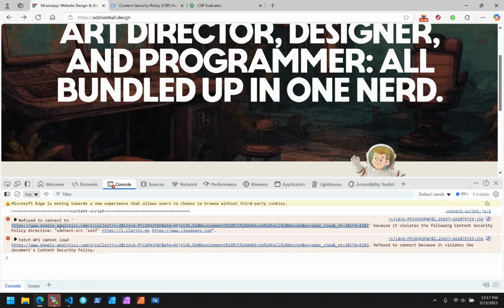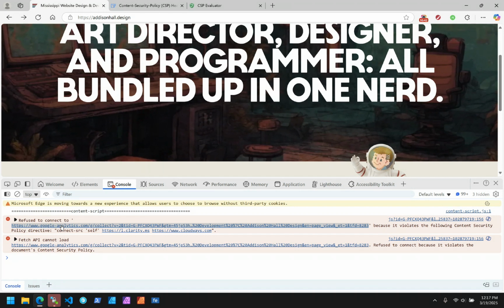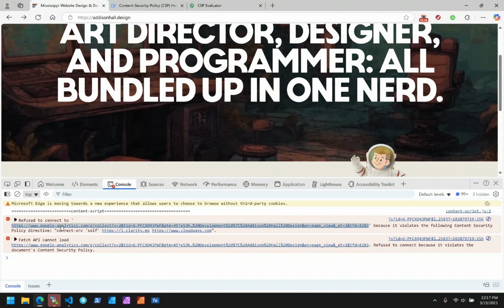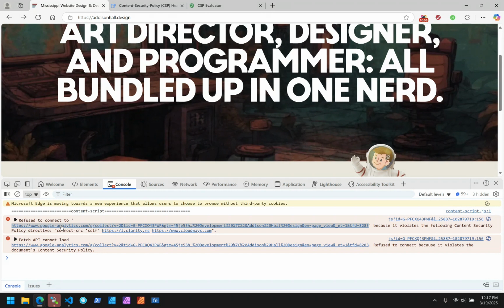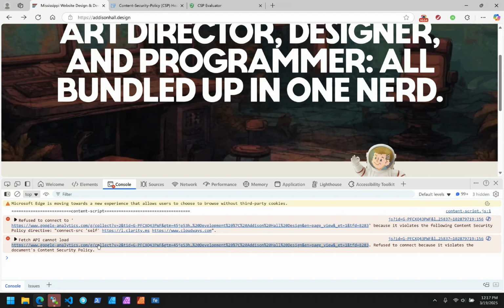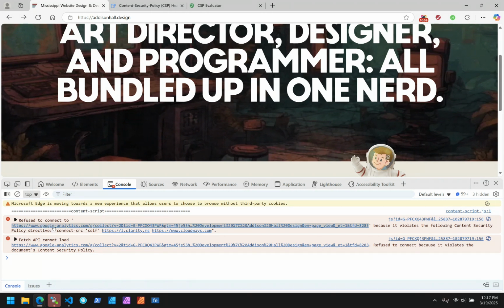Yeah, because again, it's not included in my policy. So the browser is telling it, no, you cannot load. You can't do anything because you don't have permission. So this is how, through trial and error, I would go through and look at these console errors, and I